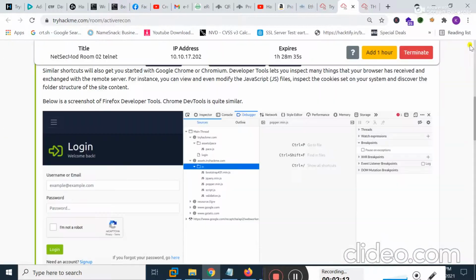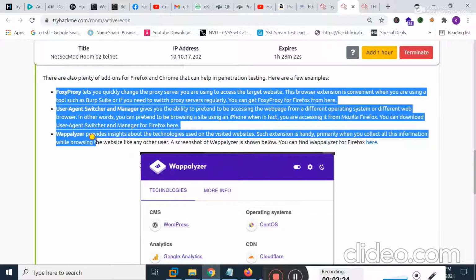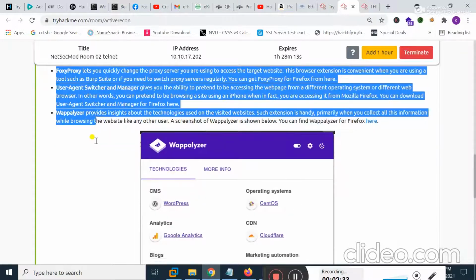See here. There are also plenty of add-ons for Firefox, that is Foxy Proxy, User Agent Switcher and Manager, and Wappalyzer. These are very useful add-ons for Firefox and Chrome, and provide very good help in penetration testing.